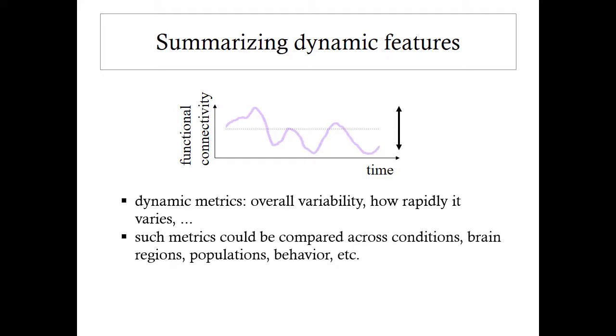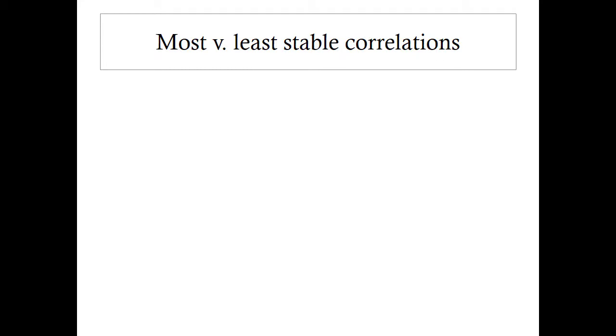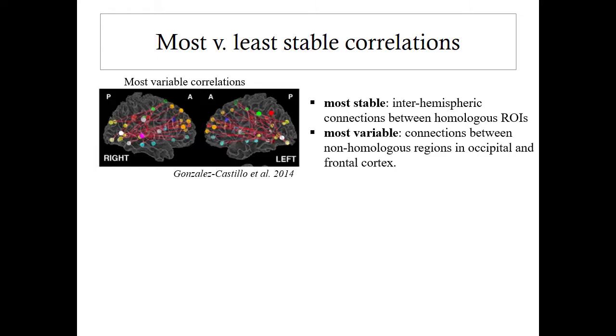And so just as we can do with any other kind of functional connectivity measure, we can also try to compare these dynamic metrics against conditions or brain regions and behavior and so forth. So this is an example looking at which areas in the brain, or which pairs of regions, tended to show the most or least stable correlations over time in their spontaneous activity. And they find that the most stable correlations tended to involve the left-right bilaterally homologous areas, and that in contrast, more variable ones were connections between non-homologous regions,